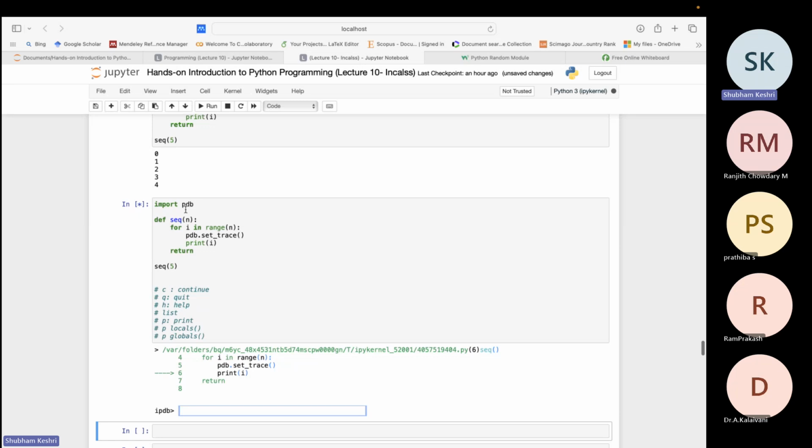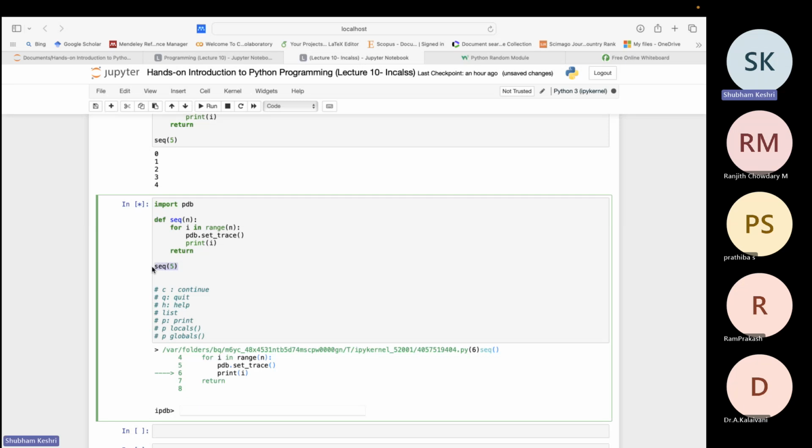What happens is first the import will run, and the function definition will happen, and it will not go inside the function. We have talked about this. Therefore, the execution will come here and the function call will happen. So it will go inside the function. Now the for loop will run, and whenever it encounters,